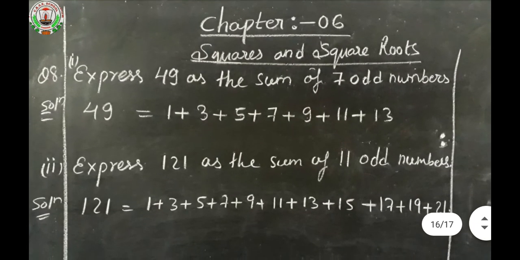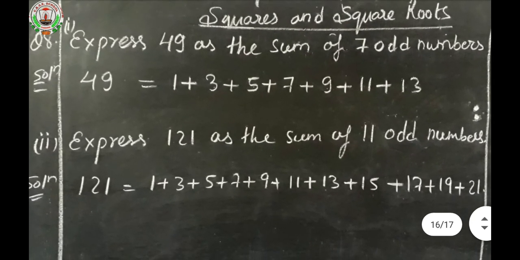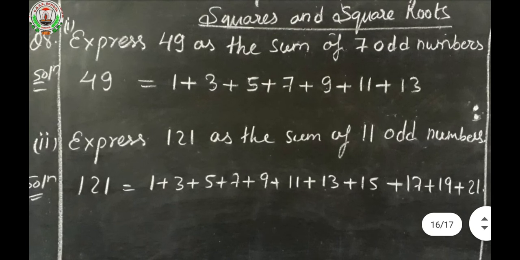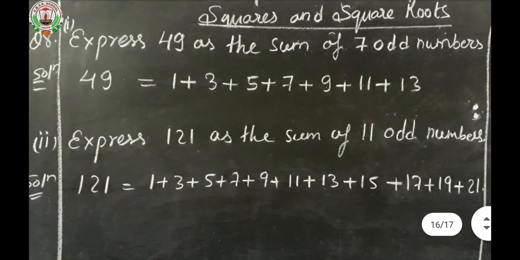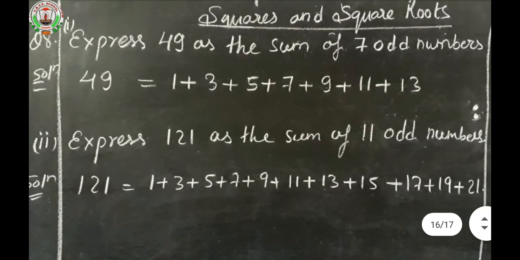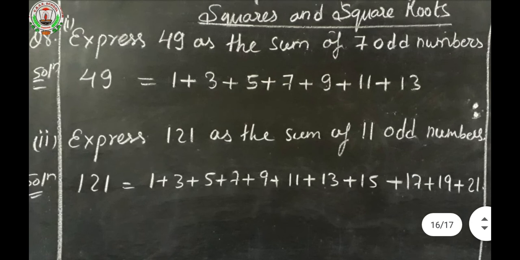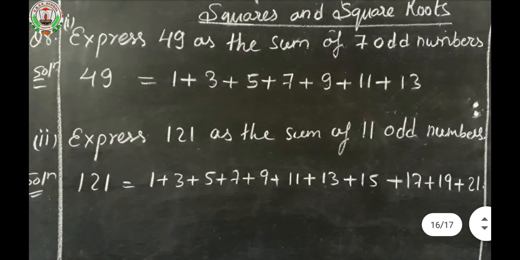Next, question number 8. Express 49 as the sum of 7 odd numbers. Sum of 7 odd numbers, that means 1, 3, 5, 7, 9, 11, 13, 15, 17, 19, like that. These are the odd numbers. Starting from 1, you have to add the odd numbers till 49 comes. So how many odd numbers will be added to get 49? That is 7. So those odd numbers are 1 plus 3 plus 5 plus 7 plus 9 plus 11 plus